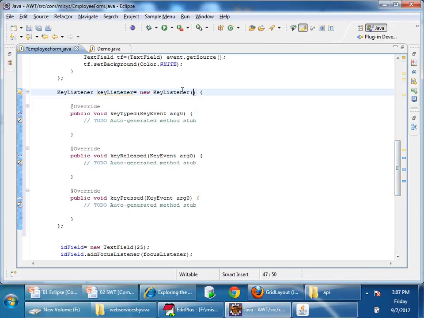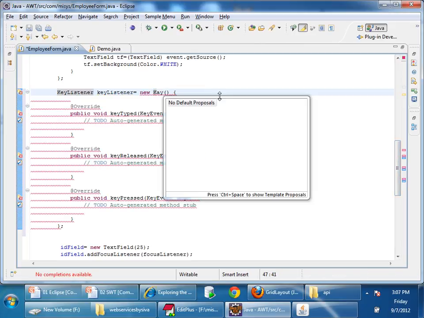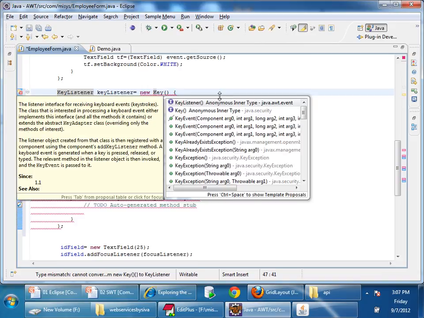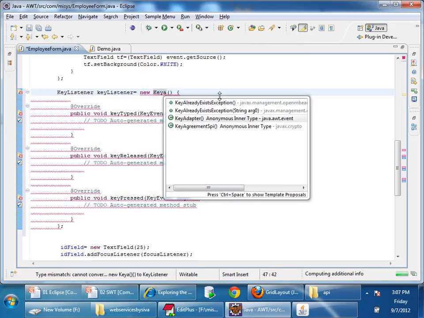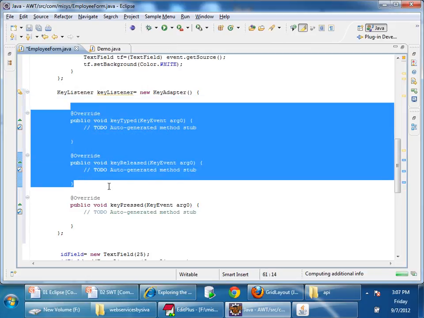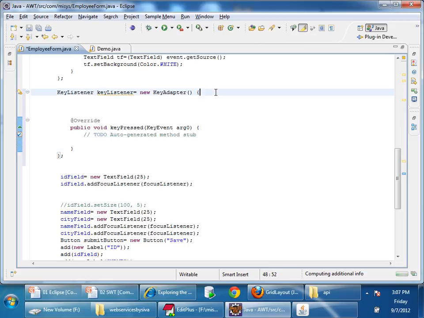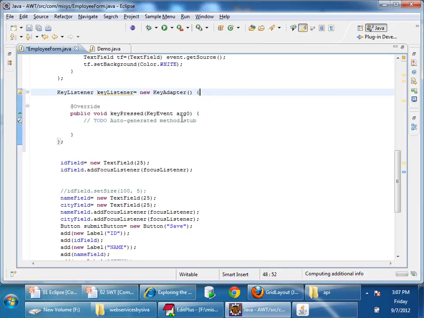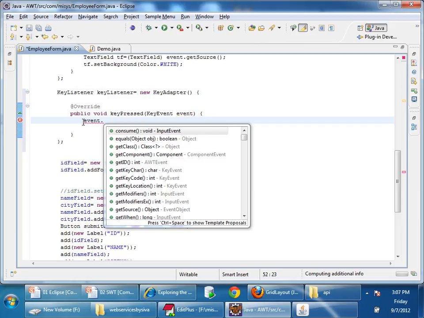Instead of using key listener, I'll say key adapter. So now I can implement only the one which I require. Key pressed. Now event dot get